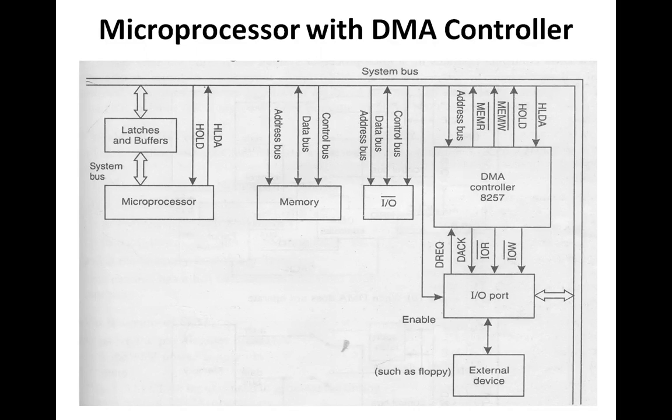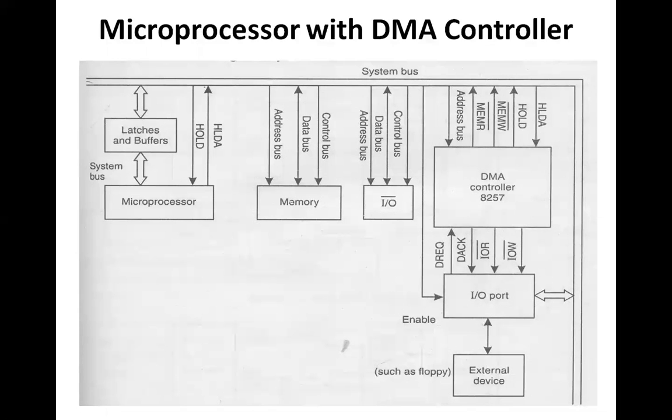So in the cycle stealing process, whenever the CPU is idle, the DMA controller utilizes that time, during which the processor is idle, to activate itself and transfer either 1 byte or 2 bytes. And when the CPU or the processor becomes ready, it releases. So in the cycle stealing process, it steals the idle time of the microprocessor, and then it transfers the data. But in the burst mode, or block transfer of the data,